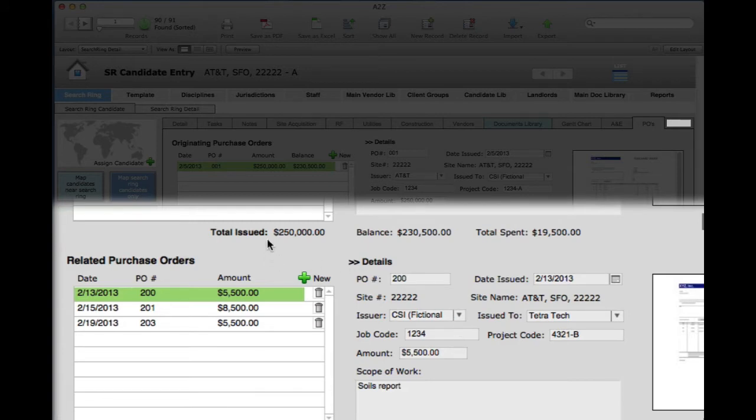And we can see at this point that we've got the original issue amount of $250,000. There's a balance left of $230,500, and the total spent to the project so far to date is $19,500. So the amount of this child PO is